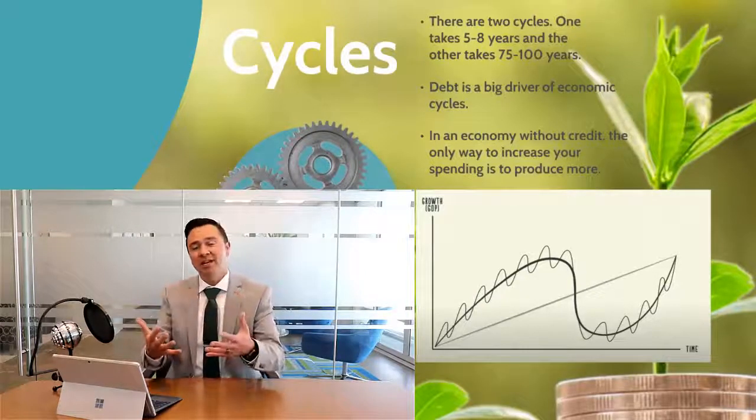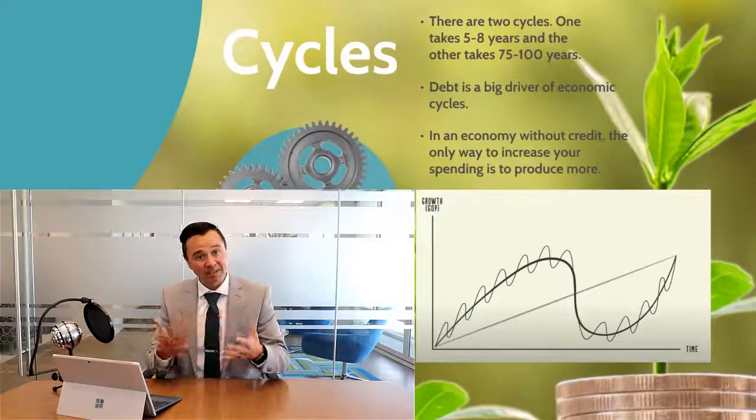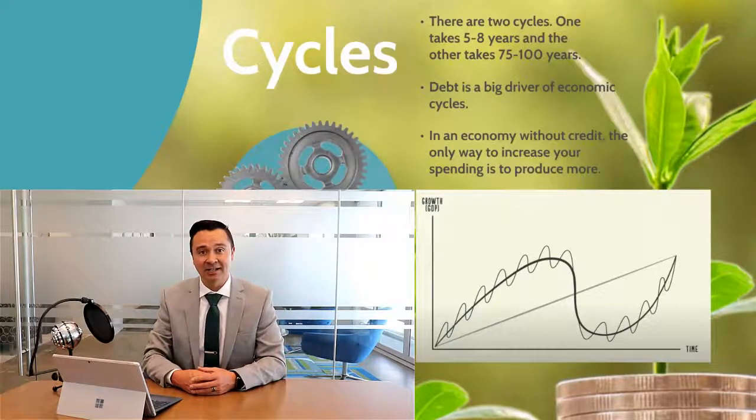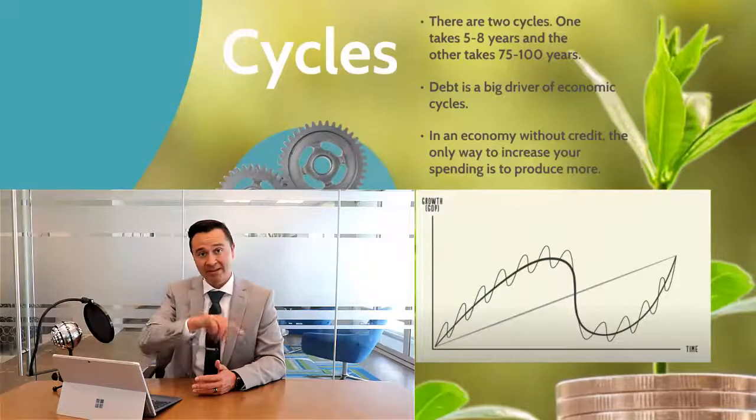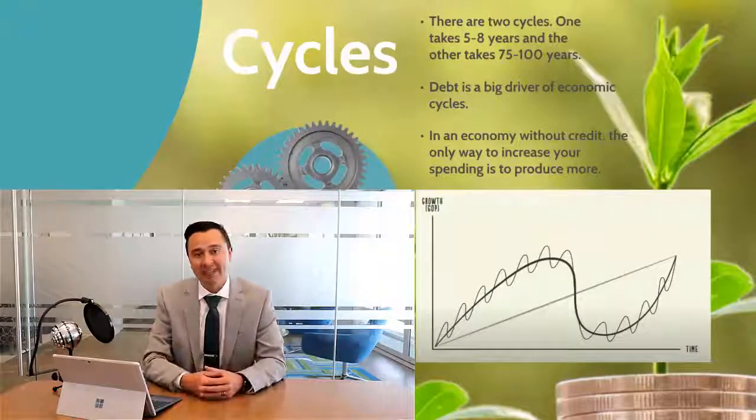However, at some point in time, we have to stop borrowing and we need to spend less, right? And essentially that's where that dip starts to come down. And as this happens over and over, we now have those long-term and short-term debt cycles that occur. So I hope that you've enjoyed this recap on how the economic machine works.